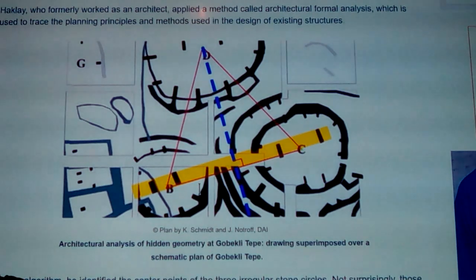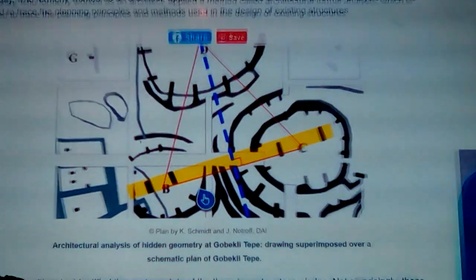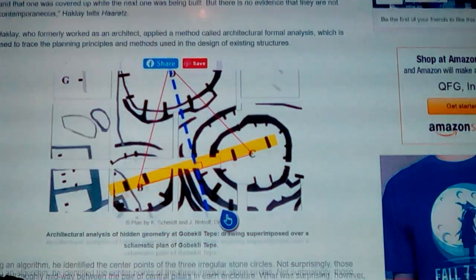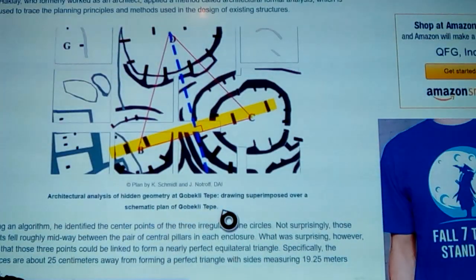So apparently they go around like a surveyor and get some points on things, and it might figure out where walls used to be and stuff like that because of squaring off things. But there was something strangely found right here: there shows that triangle and the perfection of it, and that's the center of the double, and back to there and back to there. It's kind of strange how it's showing that they had that same concept, and this triangle is figured in part by a whole other set